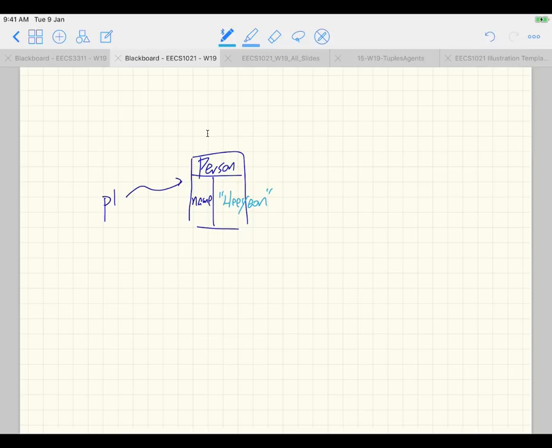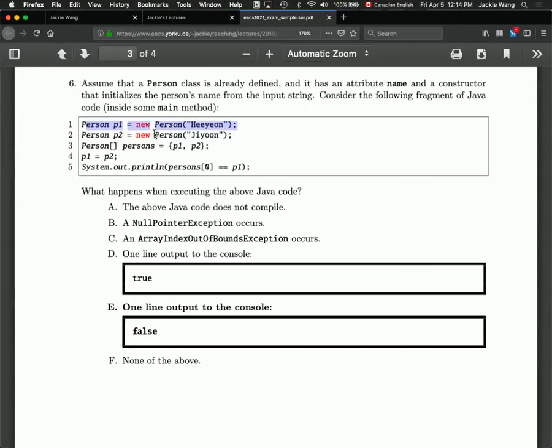Okay, very easy. Again, how the rectangle should look depends on what attributes you have for the corresponding class. It's a very important technique for you to grasp. What about line number 2? Similarly, you have to ask yourself right away, for this particular line, should I draw a new box or should I simply change the arrow around? Very easy for you to judge because you see the new keyword over here, so you have to draw a